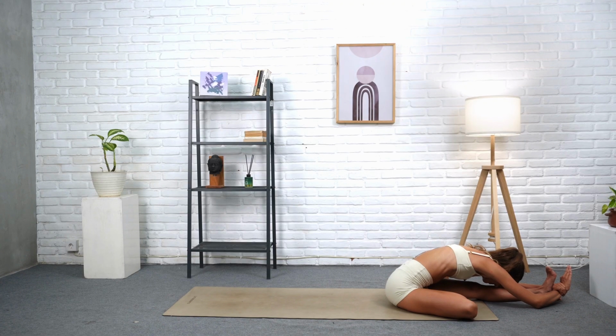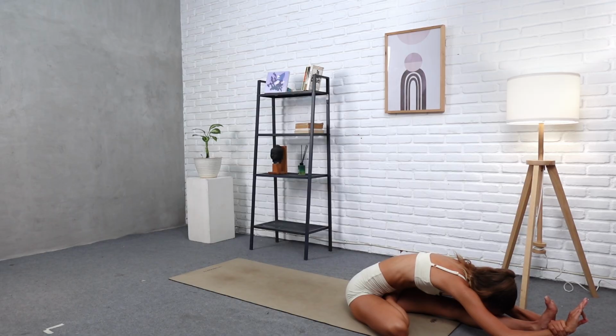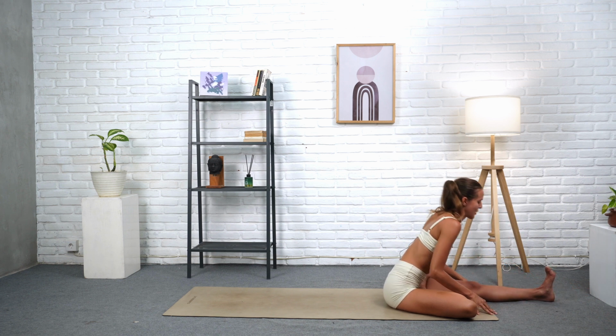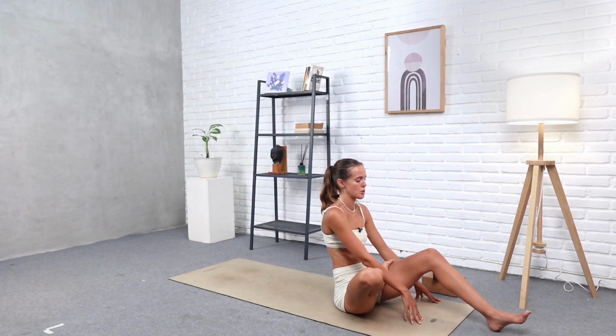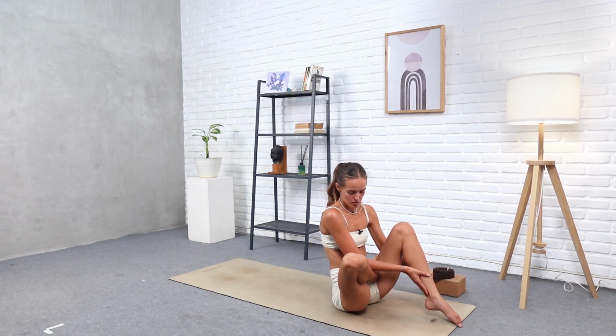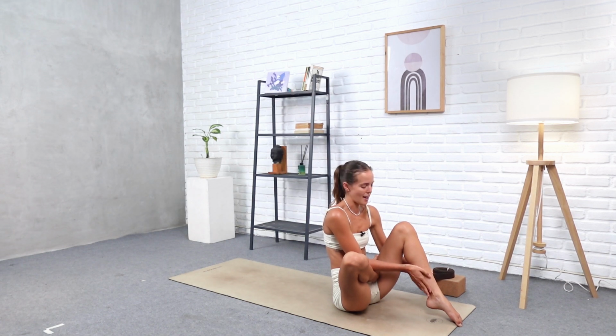4, 3, 2, and 1. Inhale to extend your arms, look towards your big toe. Exhale, bend your elbows, and we're going to shift the weight a little bit more back and play with a little balance. So start to balance on your sits bones, and the first stage where we stop is with your